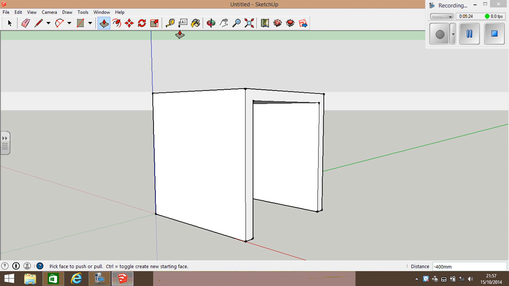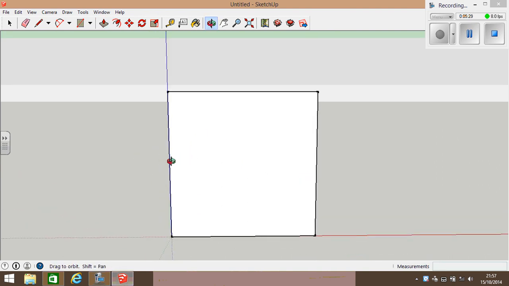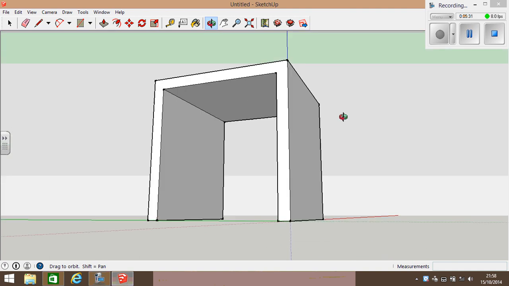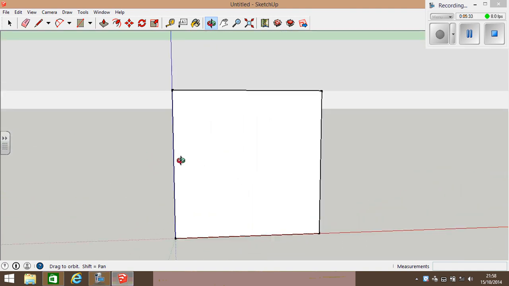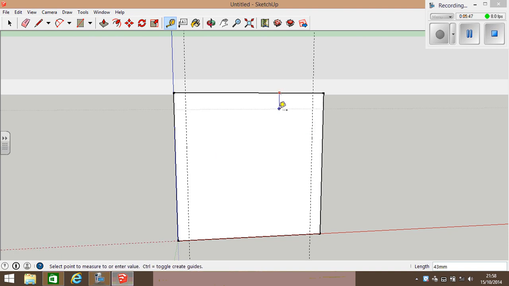Now hopefully if we rotate this round we will be able to see that we've cut a hole right the way through. There we go, right the way through. It's a bit like a table now. And because we want to make this look like a chair, we're going to do exactly the same thing on this side. So on edge 30mm, exactly the same measurements, 30 in from that side and 30 down. Draw the box,